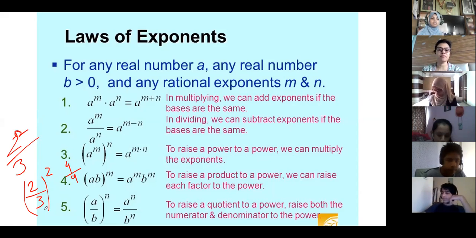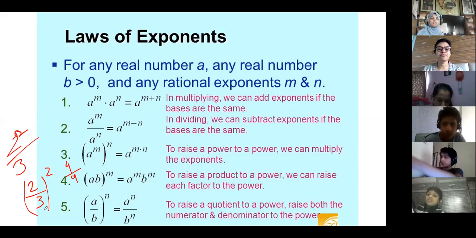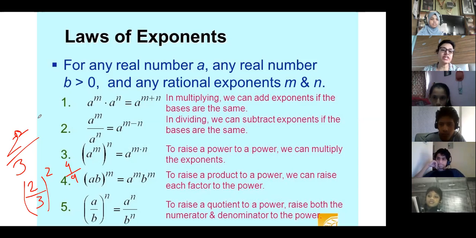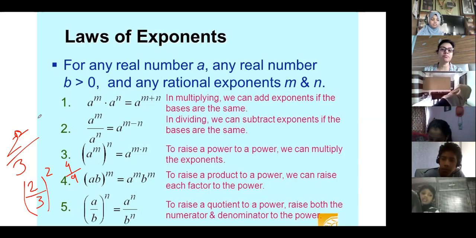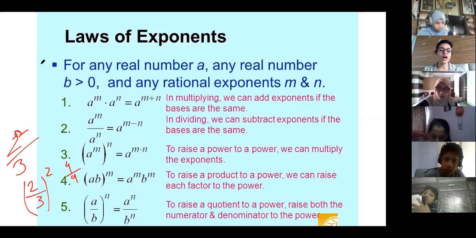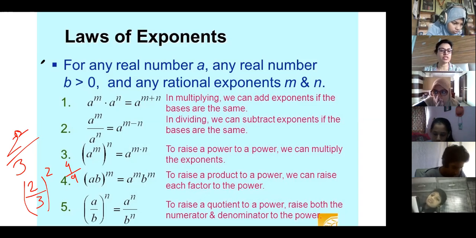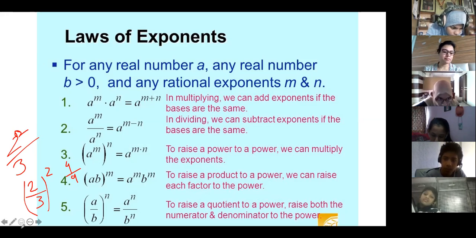Ma'am, but there was no bracket in the question. There was in the MCQ. And ma'am, in the option also you didn't put a bracket in some. Actually, in the option the bracket was missing, but that is why I'm telling you, you always put a bracket. I thought it was purposely done. So in one question it was wrongly written. The bracket was not put, so that makes a wrong answer.